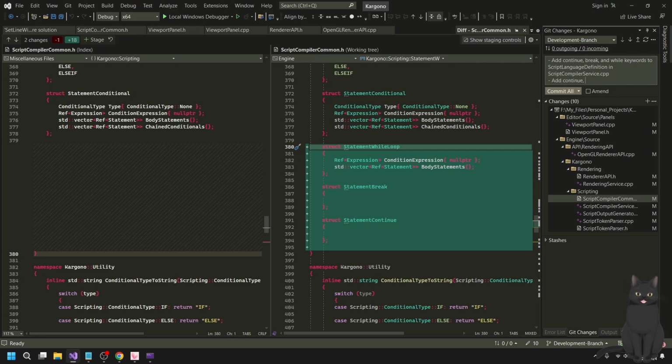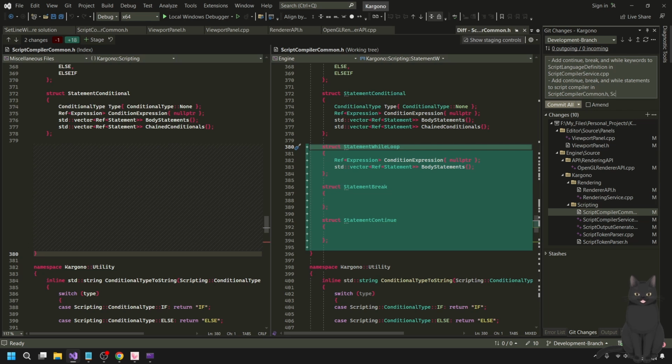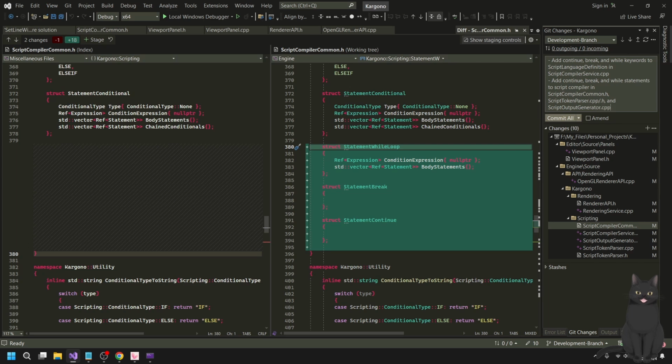Add continue, break, and while statements to script compiler, script compiler common.h, script parser, script token parser, and script output generator.cpp.